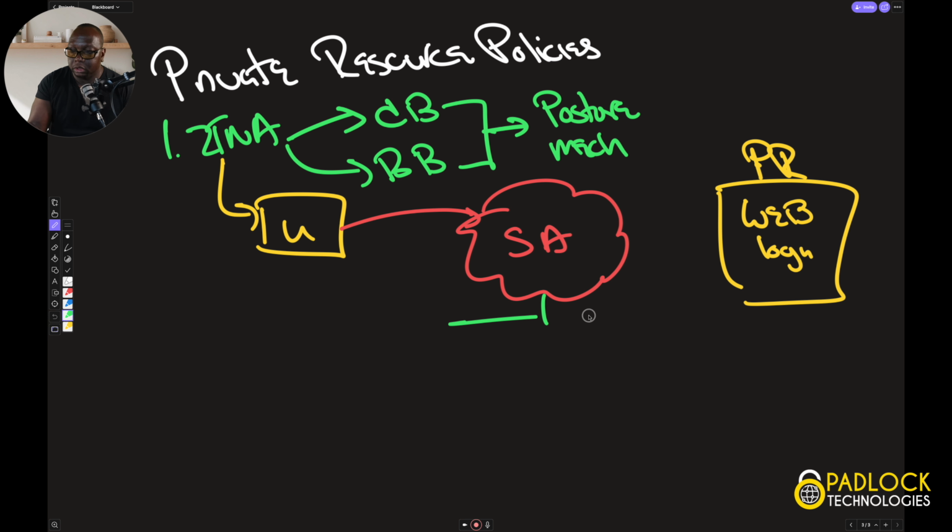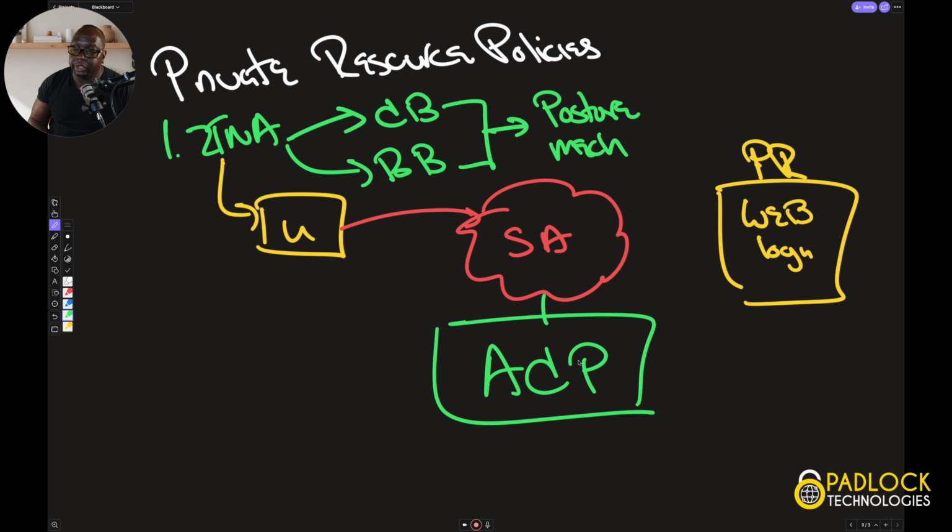it goes down to the ACP and says, okay, there is a ZTNA policy attached to this private resource. And it could be client-based, it could be a browser-based policy. Let's just say it's a client-based policy. So what would happen is Cisco Secure Access, based on this ACP rule that says, hey, there's ZTNA that's going to be applied to this web browser or web application, so to speak, is going to activate the ZTNA module